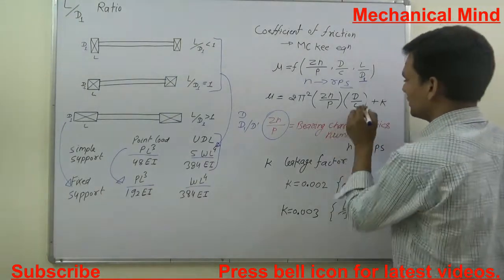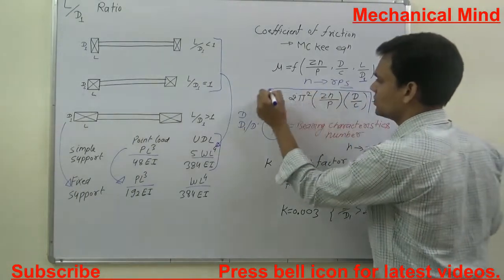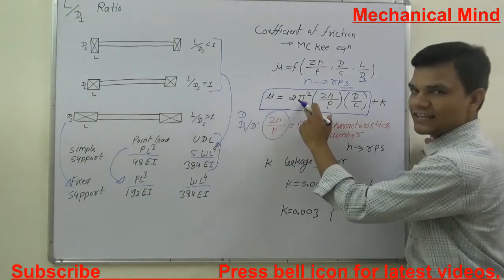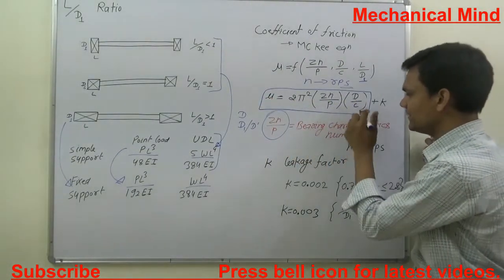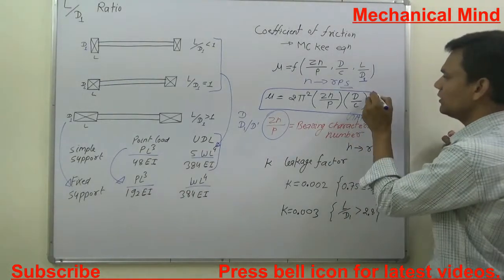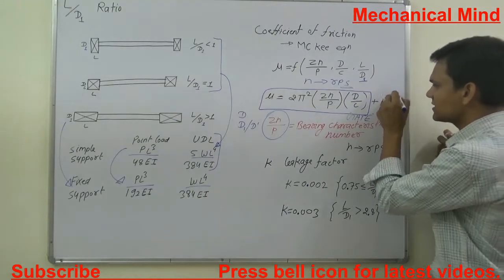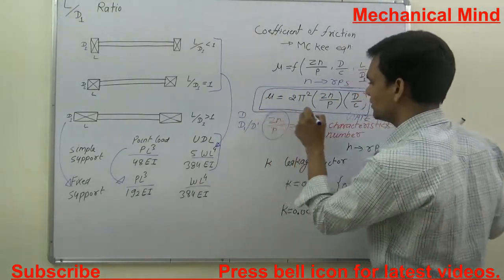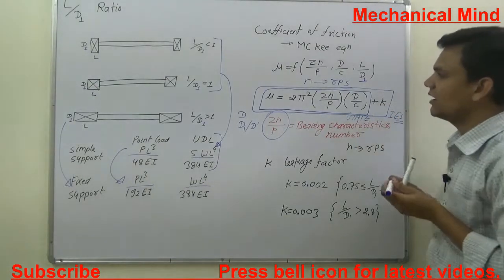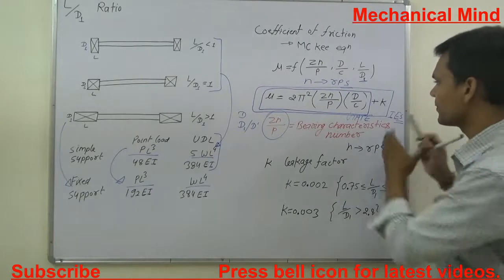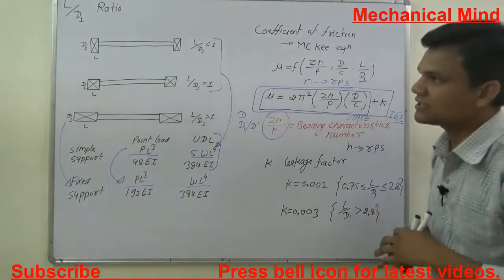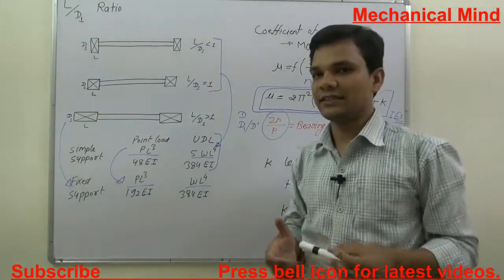For GATE purposes, the useful formula for the coefficient of friction up to the D by C ratio is mu is equal to 2 pi square Zn by P into D by C. This formula is useful in GATE, and the complete formula will be useful in the conventional questions for the IAS, but up to the D by C ratio this formula is useful in GATE. So this lecture is based on